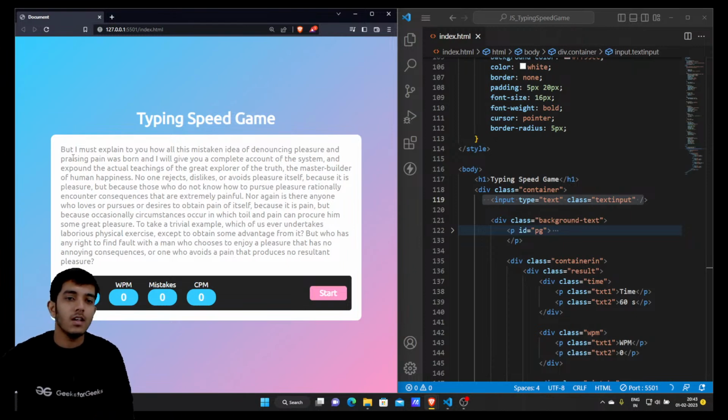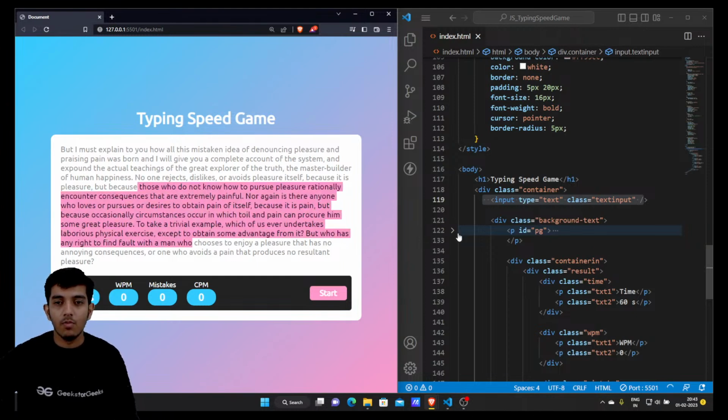But what I'm trying to say is that if I type B, this B will be highlighted. Okay, if I type any wrong word, suppose X, so X will be written over this, but that won't be highlighted. Okay, so we'll see that in the next video, but till then you have to wait for that. Obviously, we had to build the simple UI part. The UI is done, and